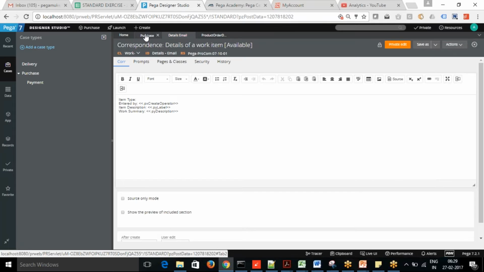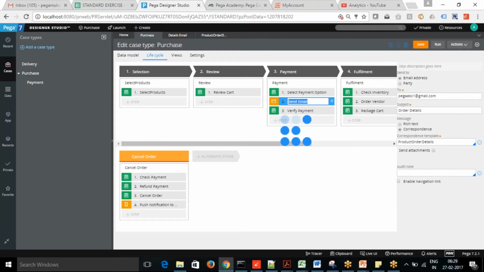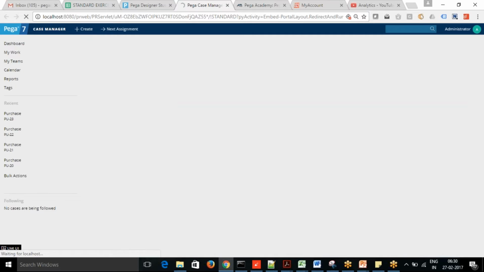And here in place of that we want to use our own correspondence now, product order details. So now if you go there and launch the same from the manager portal, we'll see how communication works now.